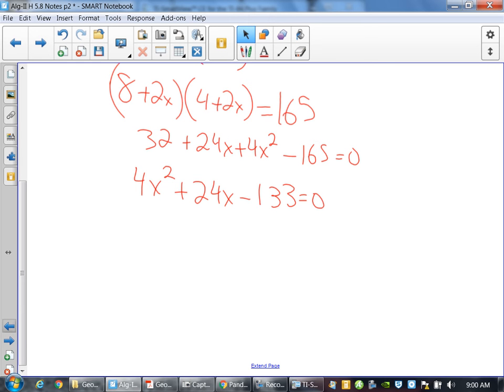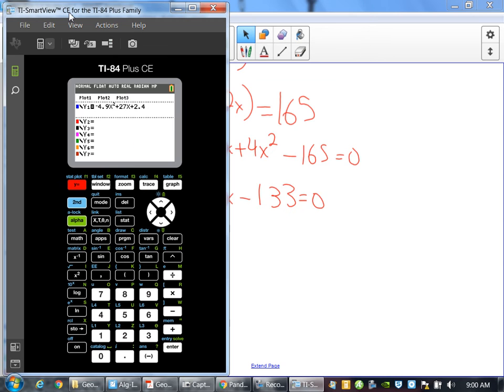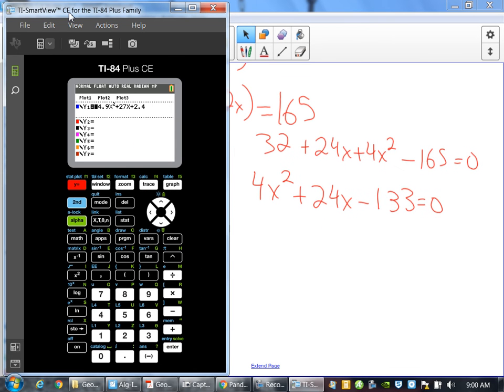What's that? You can. If I want to calculate my zeros here, do this one, let's see, it's 4x squared, 24x minus 133. Oh, I forgot to put a plus sign in there. If I graph this,